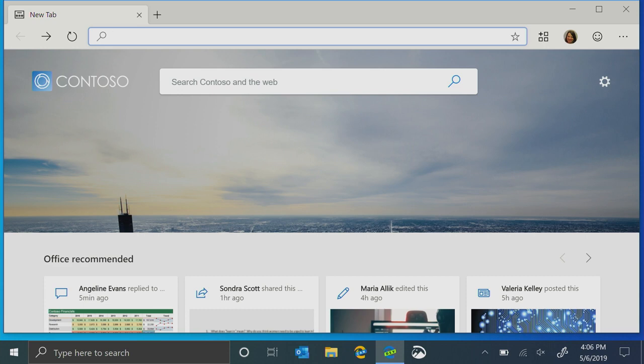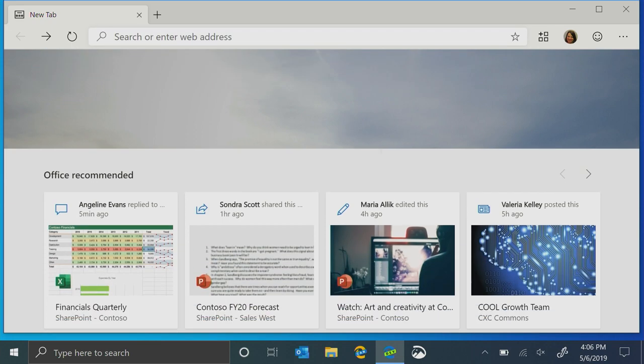So if you start at the top, you'll see the Contoso name and icon. This is a corporate image, and IT admins can customize that with your particular area. Then you've got the search box next to that, and the search box is with Microsoft Search, and I'm going to talk about that in just a minute. Right below the search box,